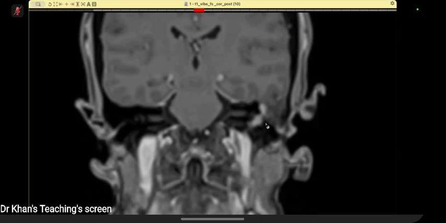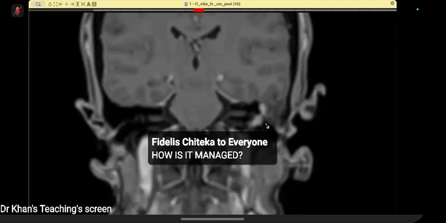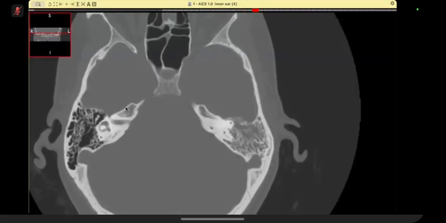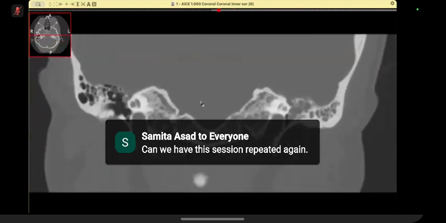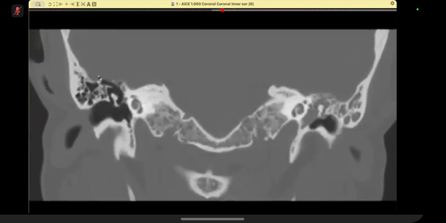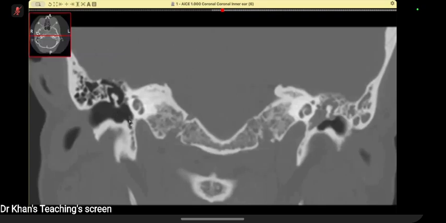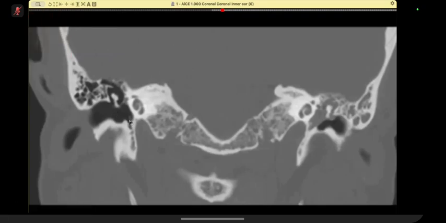Pars tensa and pars flaccida cholesteatoma. So I'll go back to anatomy to show you the difference. Pars tensa cholesteatoma and pars flaccida cholesteatoma is the question. Consider the tympanic membrane, it actually has parts. It is a clinical name; the ENT use it, pars tensa and pars flaccida. And pars flaccida is sitting here for us radiology-wise. It is pars flaccida cholesteatoma